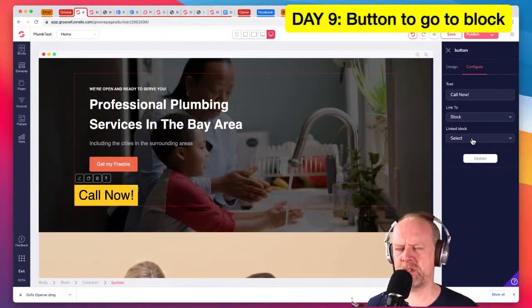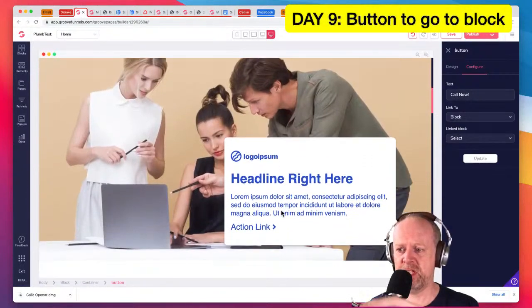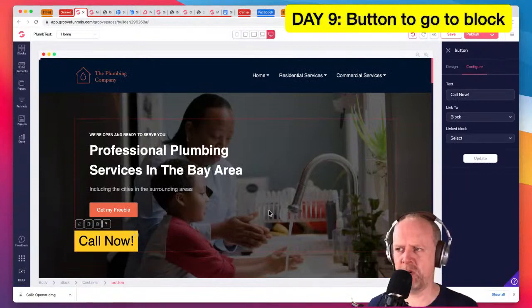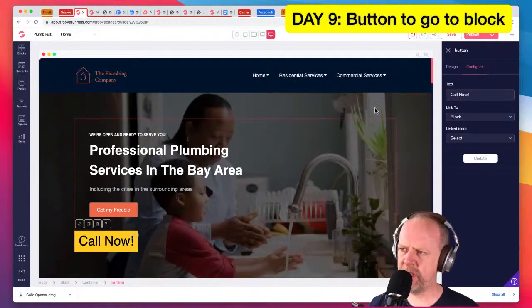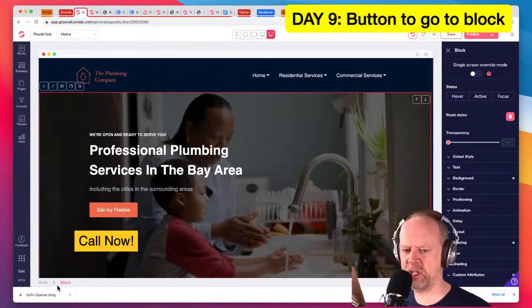Now we've got to think to ourselves, okay, what's a block? Well, I've just shown you, I've dropped a block in. This image here, this was a block. Okay, this image here at the top is a block. How do you know? Because if you click somewhere near the outside perimeter, down on the bottom. So if you look kind of,